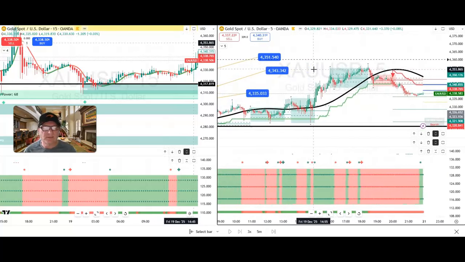Okay, so that's an explanation of how gold on steroids works and how you can use it and benefit and